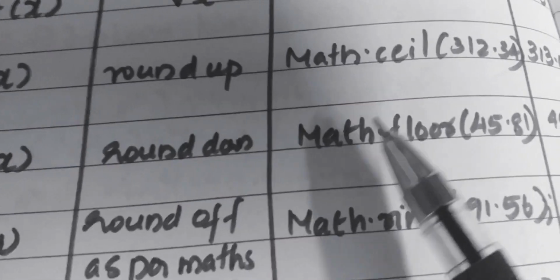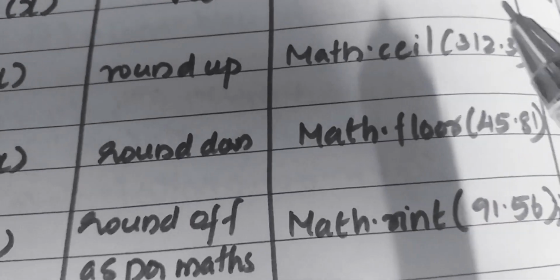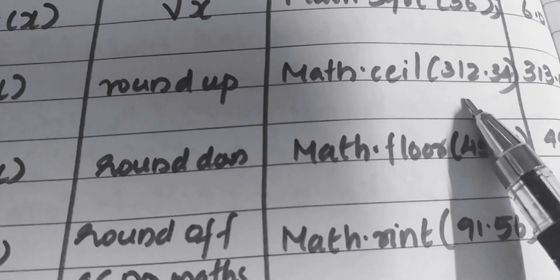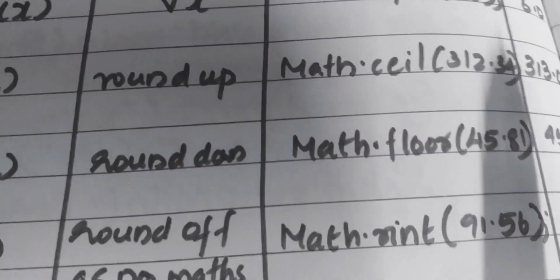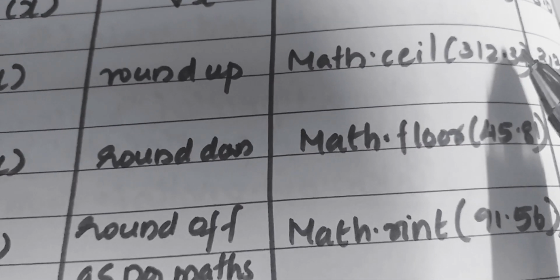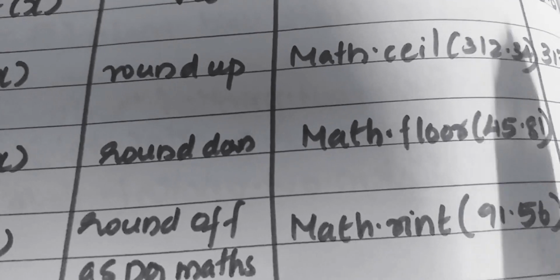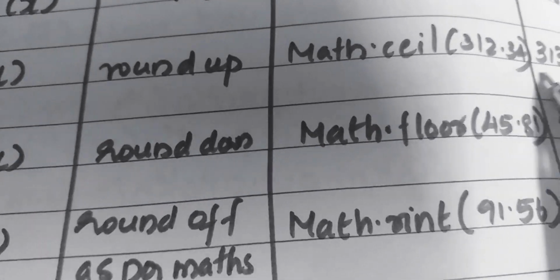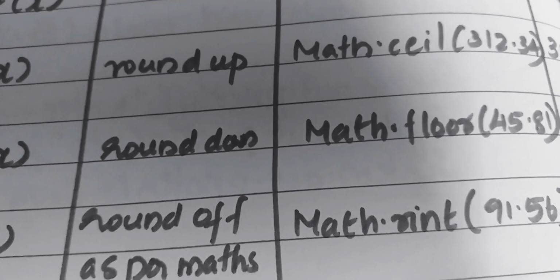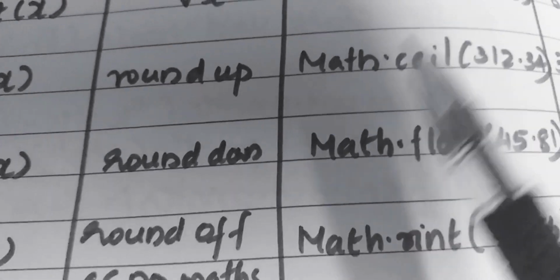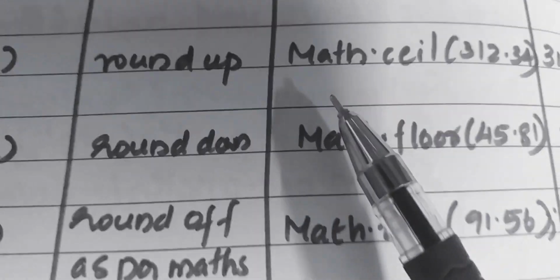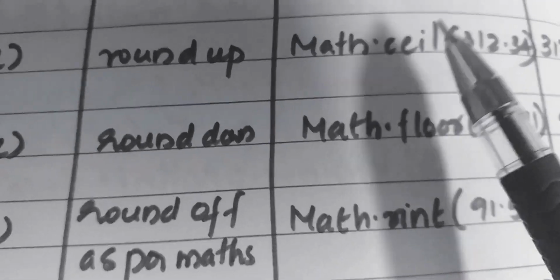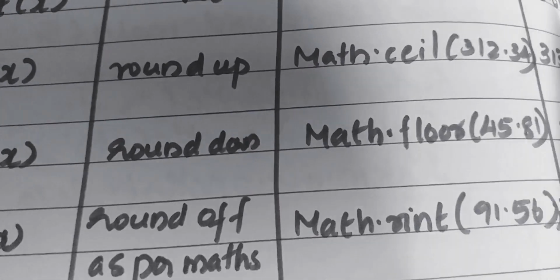So you can go through your textbook. There are several examples there. Suppose just consider math.ceil of 82.4. So how do we round up? By using the ceil function, round up means for 82.4, just discard the decimal part. Whatever value comes in the integer part is to be rounded up. That is, 82 becomes 83. So the result is 83.0.